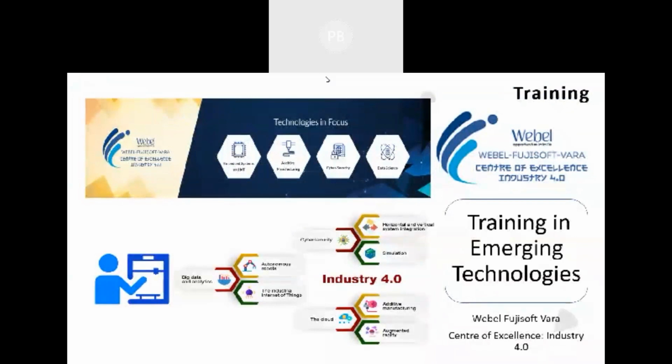Those who are trained here will get a certificate from Stratasys, and a combined certificate from Stratasys and Webel, which is a first in India, where a company from the US and a company from Israel are certifying the persons. We run a certain level of courses. Even for our designing, we get certifications from Dassault Systems, where Dassault certifies people for their excellence in the course.